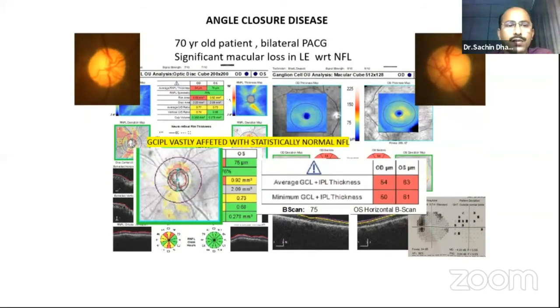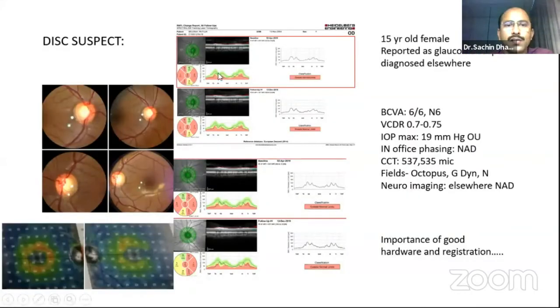Now you see this patient who's a disc suspect. She is a 15-year-old female, you have all the Garway-Heath sectors which are abnormal, but this does not look like classical glaucoma. If you see this case very clearly, the cup-disc ratio is very normal, but what you see is the ganglion cell maps show a great amount of thinning in the ganglion cell layer, which is not classical of glaucoma, with the RNFL and the ganglion cell being so abnormal, and there being no progression over time without any anti-glaucoma treatment. So this patient turned out to be a case of hereditary optic neuropathy.